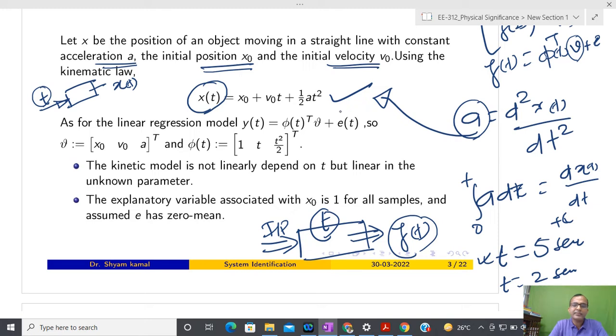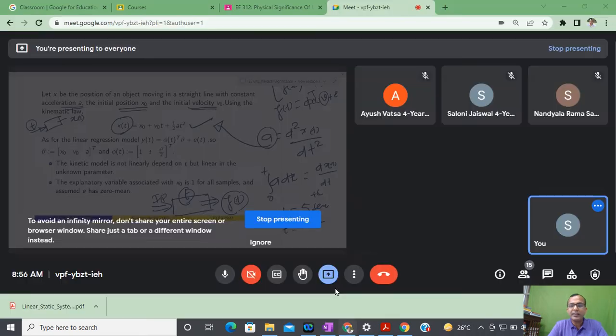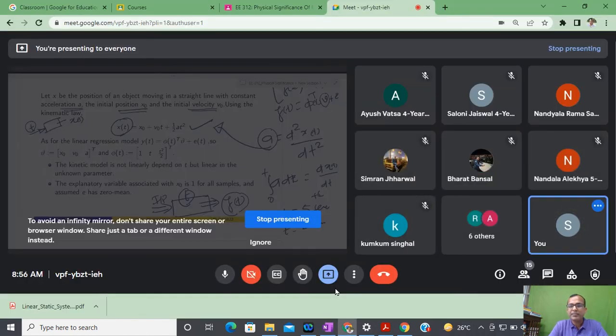Antara, are you here? Any other? Student Ayush, Ayush works. Could you please comment? Ayush, are you here? Bharat Bansal